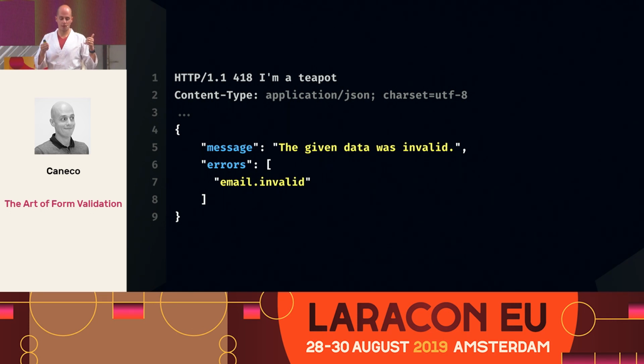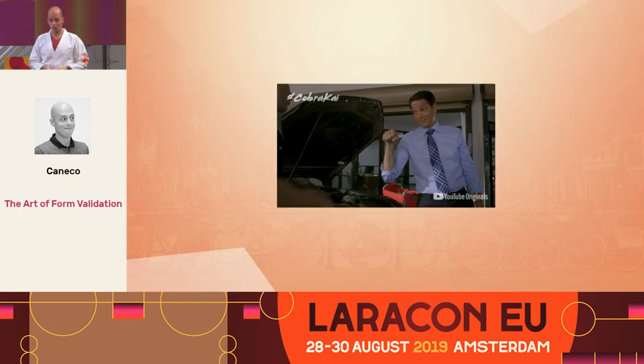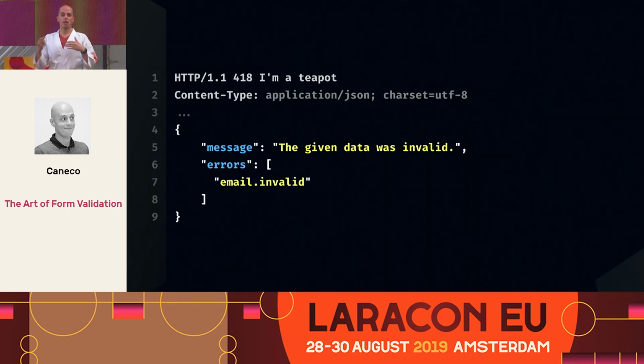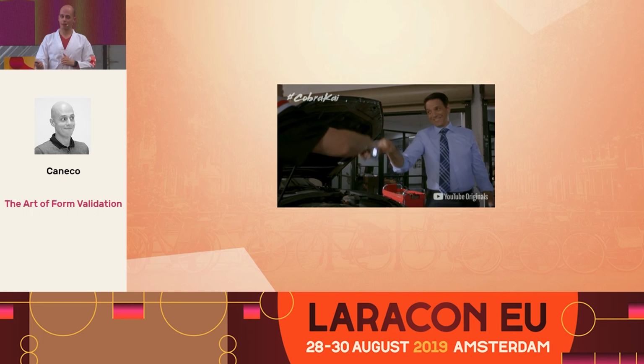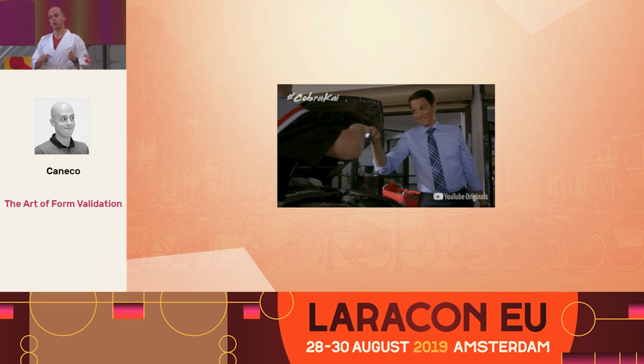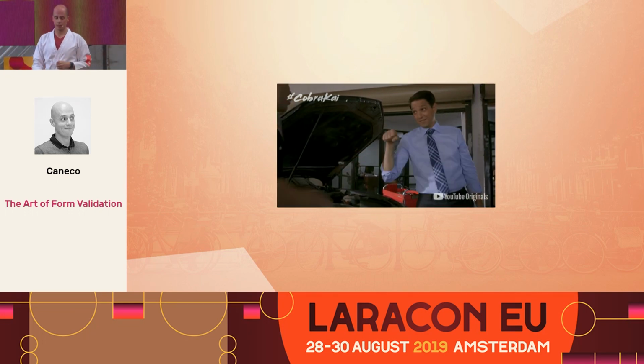So you have an array of errors that, in this case, was an invalid email. And with that 418 HTTP error status code, it will make it a lot easier along the way to find it from JavaScript. So that's it. You just make the best interface to connect between server and client.